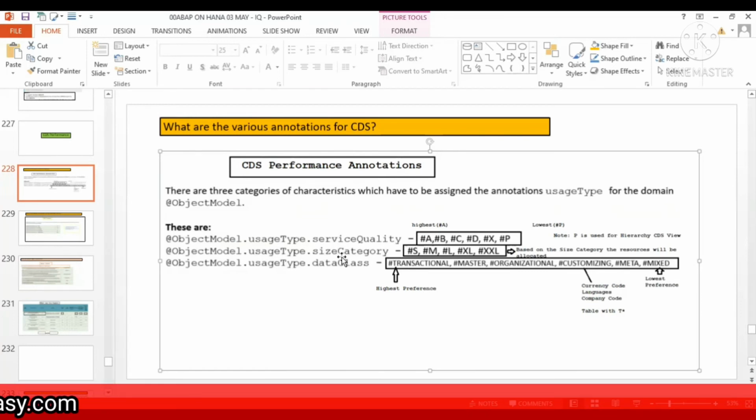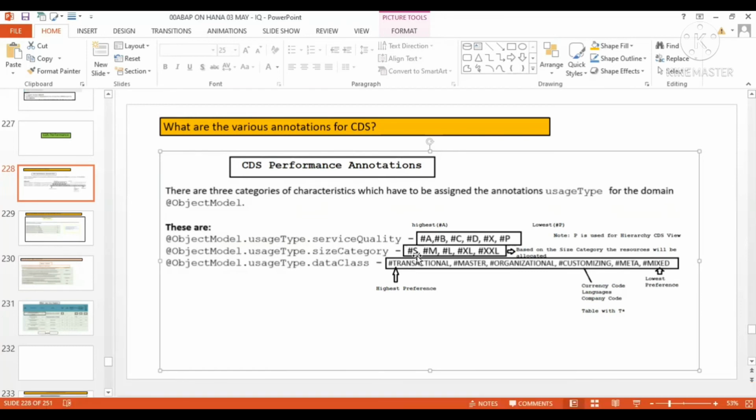Okay. Now you might be thinking, where should I give small, where should I give medium, in how many records I have to give small, medium, large, extra large and all these things, right? For this purpose, we have documentation given by SAP that you can just go and check. Here also, I have listed it, I will show you.